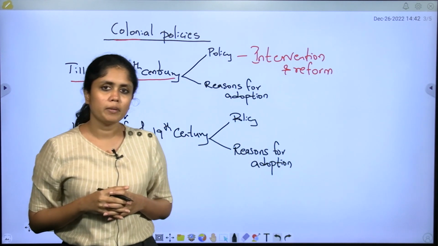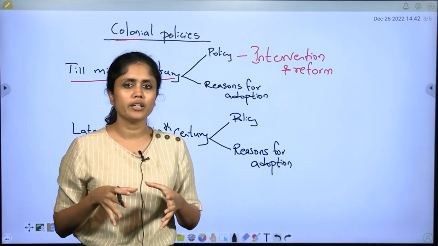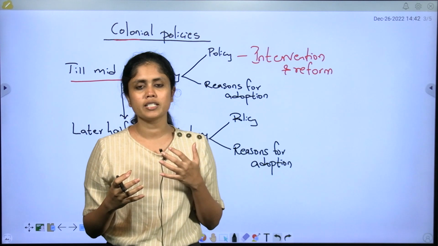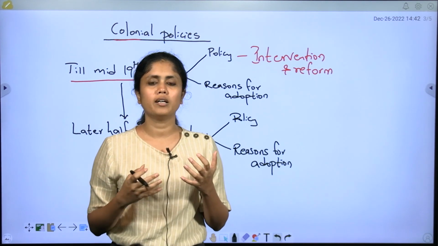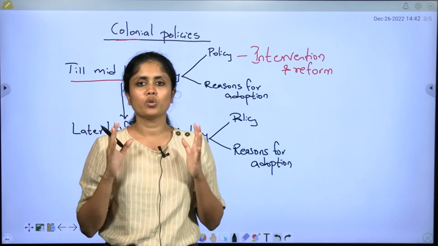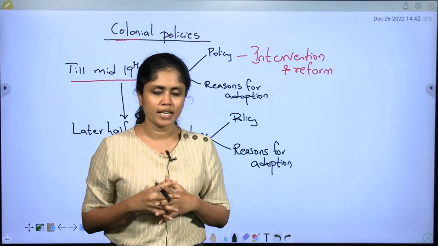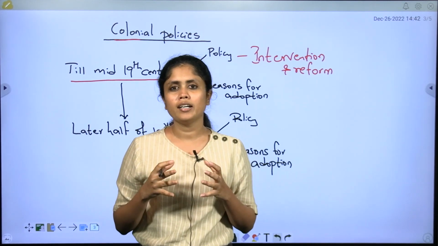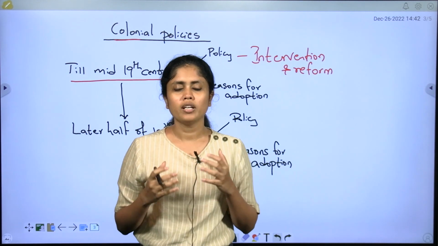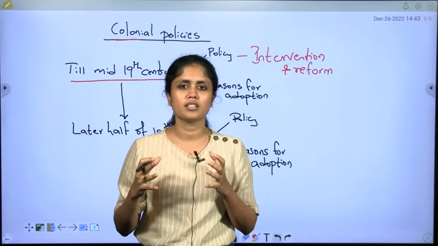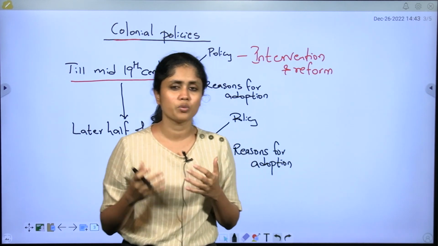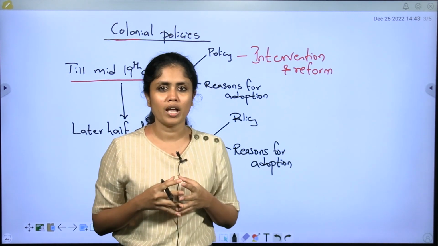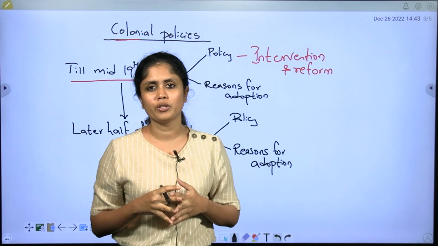That is, the British government or the colonial government actively tried to interfere in the affairs of tribal communities, and they tried to transform these tribal communities into a more modern community with humanitarian values. So the view which the Britishers had till mid 19th century was that the tribal communities in India are very backward, and they worked with the view that these communities practice certain barbaric practices like human sacrifice, which is why these tribal communities must be transformed. You have to introduce new values and a new type of economic system into tribal communities.